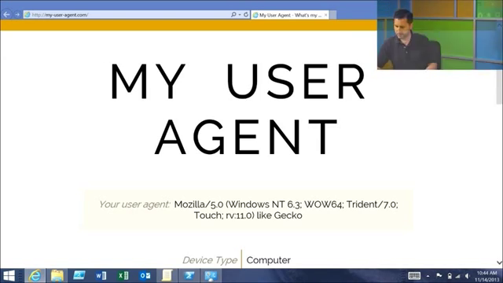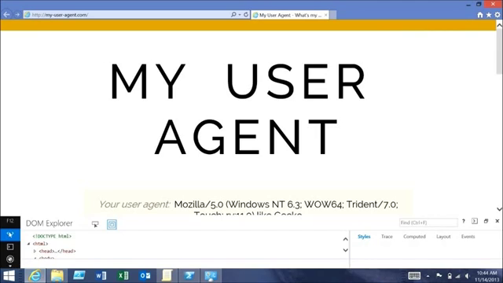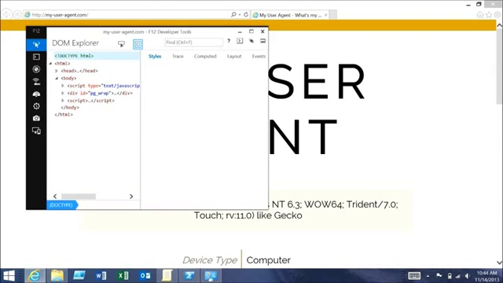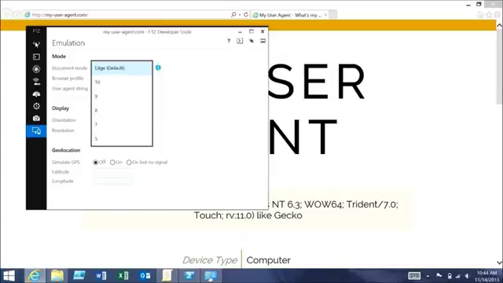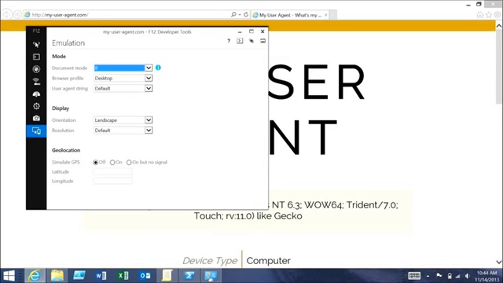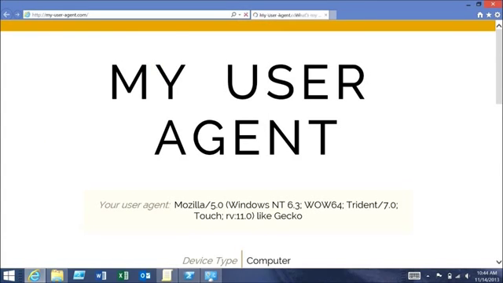If I go into the F12 developer tools, if I press F12 here, you'll see that I have some tools down at the bottom, and I can make this window a good bit bigger. I can go into the last tab here, and actually, for testing purposes, I can set it manually in a different document mode. So at this point, I can choose to say, let's set this in IE8 mode. And you'll see if we refresh this,